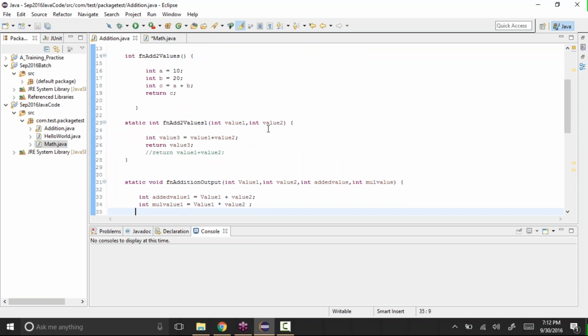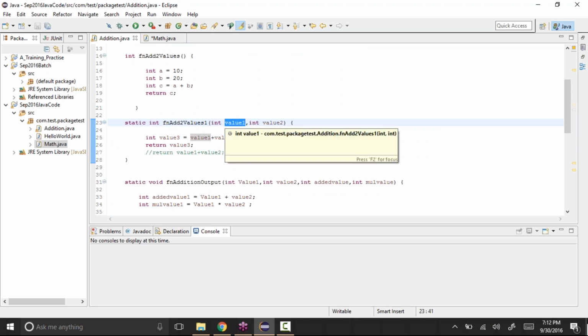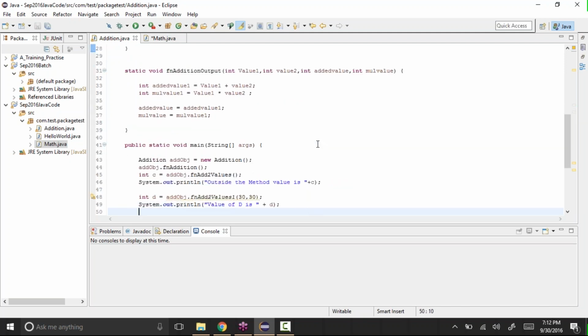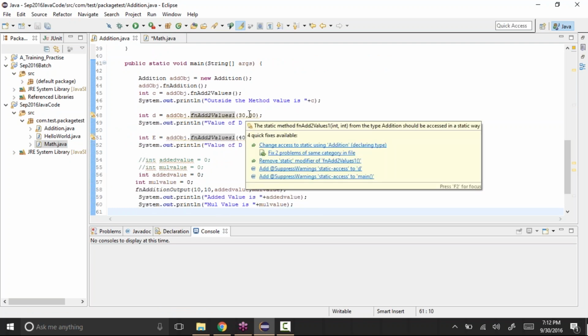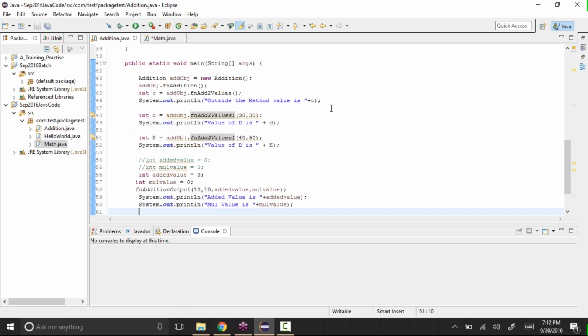So instead of hard coding the values in the function itself, what we did was pass them as input parameters. The code will be the same. Whenever we call that method, we give different values to it. The first time when you're calling, you can give value 1 as 10, value 2 as 20, and it will add both of them and give you the result. Next time if you want to call with different values, we can just call it with something like 40 comma 50, or 30 comma 30. So the code inside it will be the same, but the data that you are passing is different.